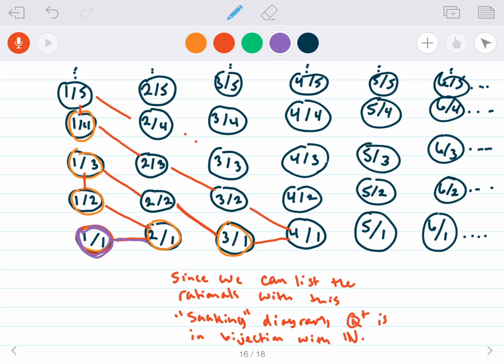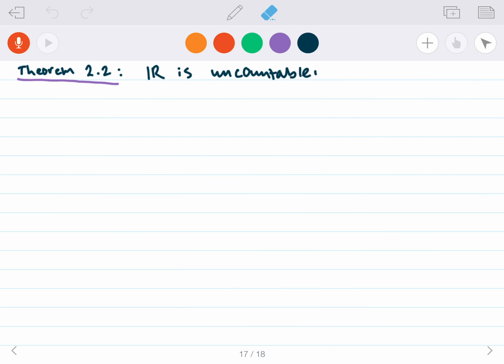So this is number 1, this is number 2, this is number 3, this is number 4, this is number 5, this is number 6, and so forth, okay? So that's the idea. That is why the rational numbers are countable. Okay, so here's the big theorem, and that is that the real numbers are not countable. And so we're going to use an argument called Cantor's